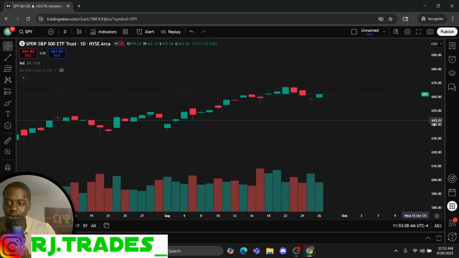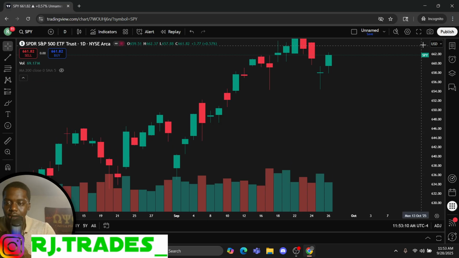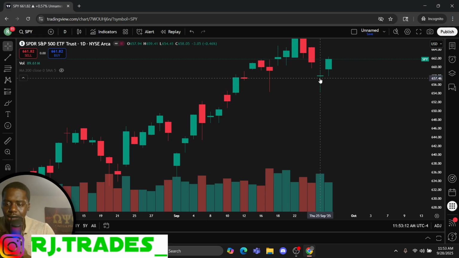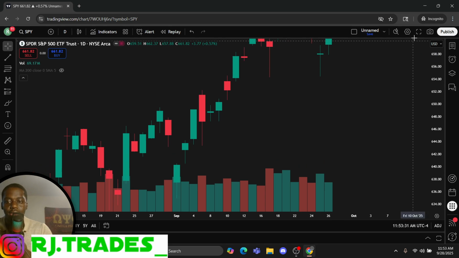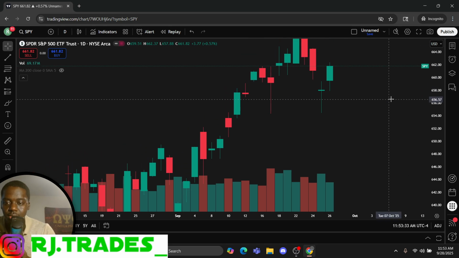When you look at this candlestick right here, this tells you that on Thursday, the 25th of September, at one point in time during the day, SPY's price was way down here at 654.4. And at one point in time, the price was all the way up at 659. Okay, but what did I say matters? It matters where did it open, where did it close, where are the wicks?